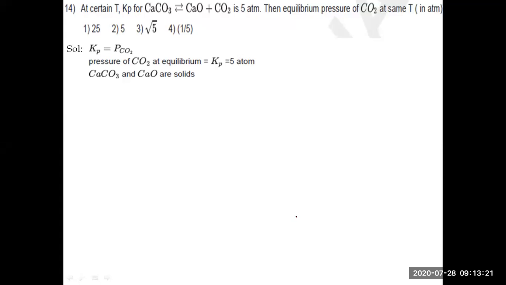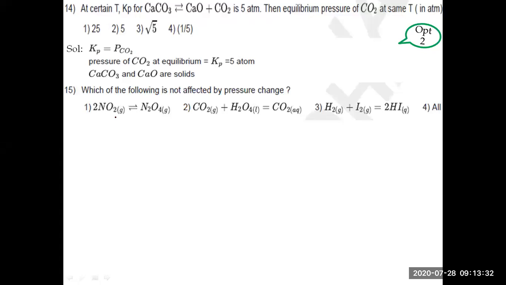We'll take up 14th. At a certain temperature, Kp for this reaction is 5 atmosphere. The equilibrium pressure of carbon dioxide at the same temperature is 5. Why? Because Kp is equal to the concentration of CO2. Very good. So we have done just in one of the problems I showed how Kp becomes equal to the partial pressure of carbon dioxide, because calcium carbonate and calcium oxide are solids, their partial pressure is unity. It is option